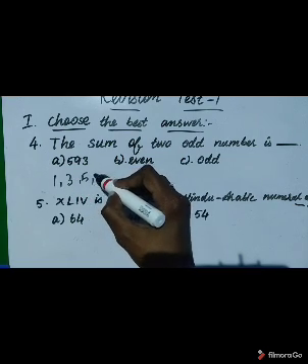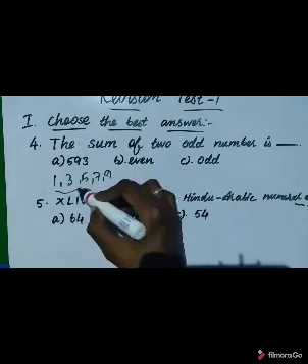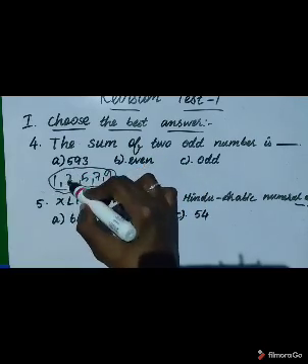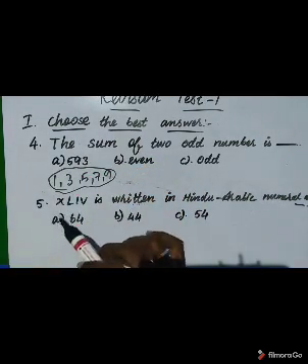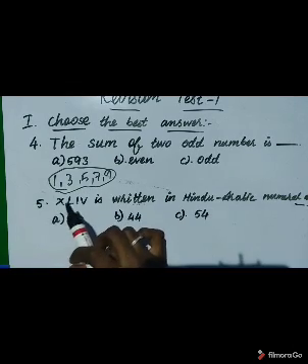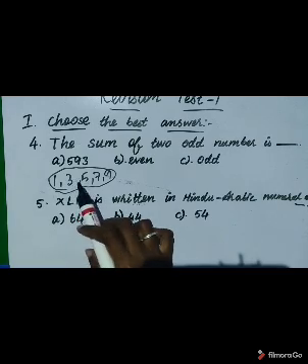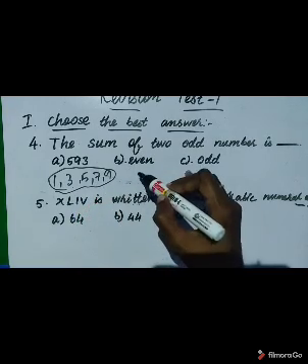So it is 8. 8 is an even number. Even numbers end in 2, 4, 6, 8 and 0. So if the last digit is one of these, that is an even number. It is ending in 8, so this is an even number. So the sum of two odd numbers is even. Next one,